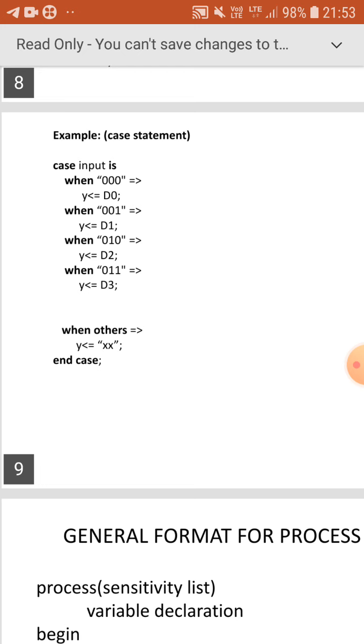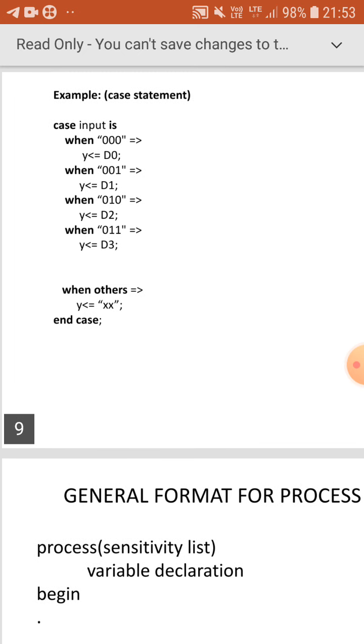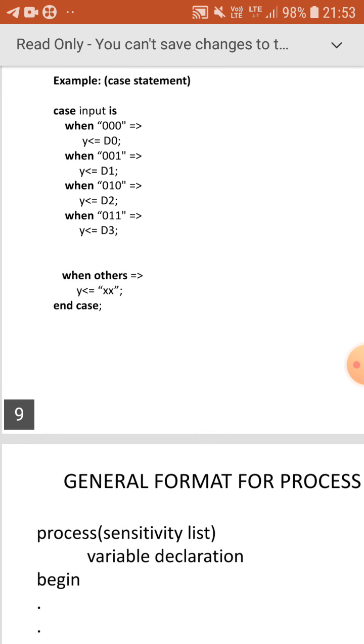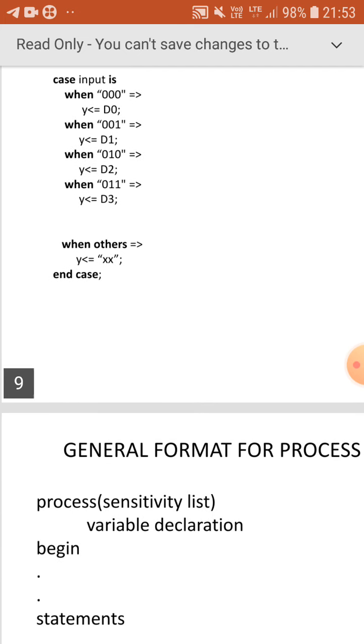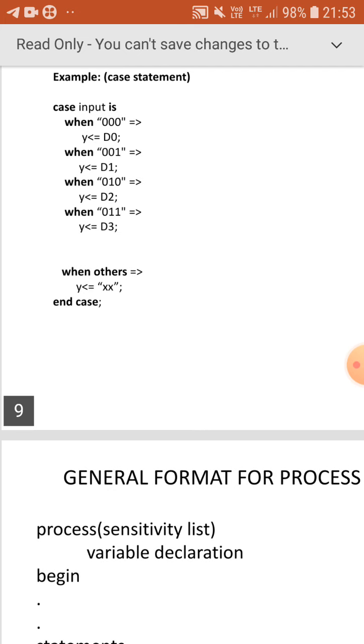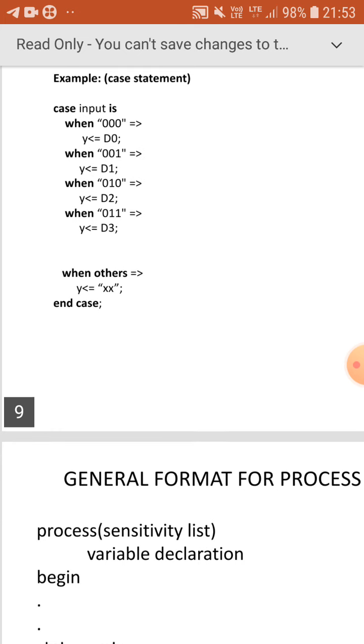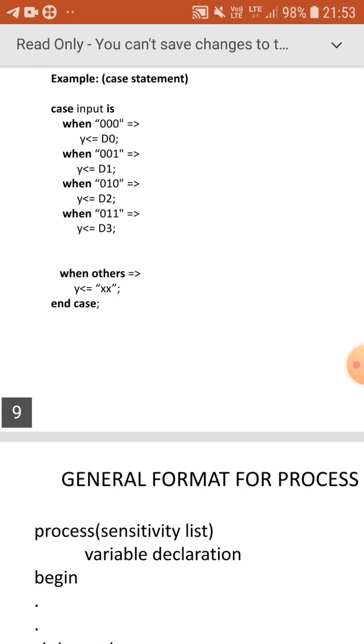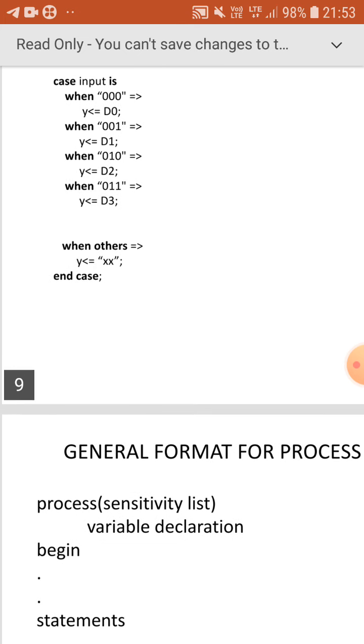Next, when input is equal to 0 0 1, then d1 will be assigned to y. Next, when input is equal to 0 1 0, then d2 will be assigned to y. When input is 0 1 1, then d3 will be assigned to y.